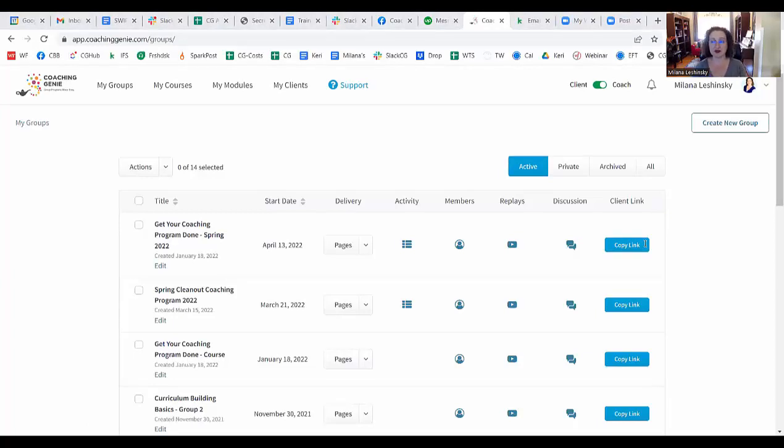So those are the 6 ways to increase your sense of community and engagement and implementation level: assessments, forms, weekly prep forms, journaling, group forum, group contest, and accountability groups. Those are the 6 strategies that you can use to really make the most out of Coaching Genie. If you build all 6 of those into your coaching program, your program is going to be so valuable to people, and they're going to be so fully engaged and immersed in the program that the whole coaching experience is going to go beyond just the weekly coaching calls.